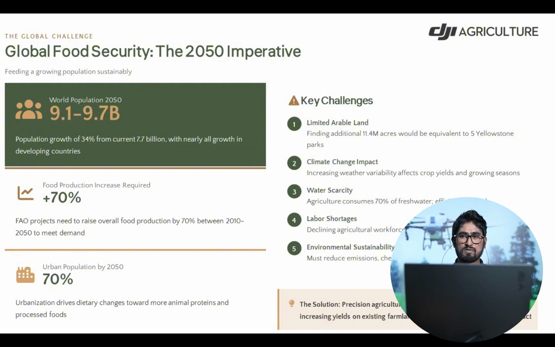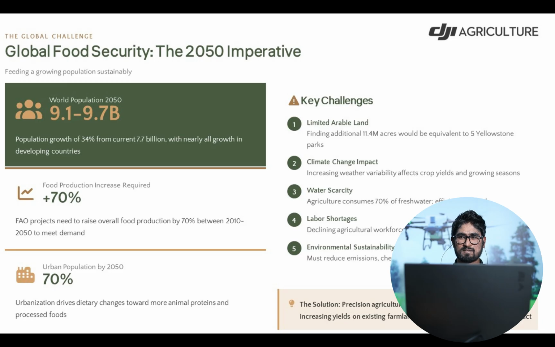With population growth, there is a huge crisis in the world, such as the Food and Agriculture Organization projecting the need to raise overall food production by 70% between 2010 and 2050 to meet demand. But we have limited facilities.